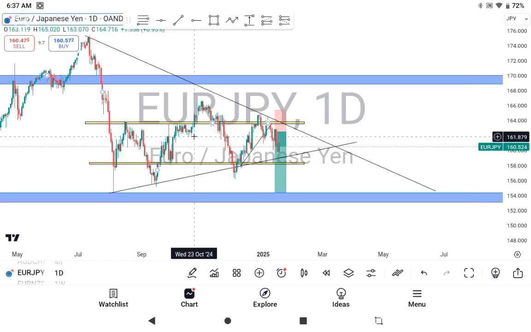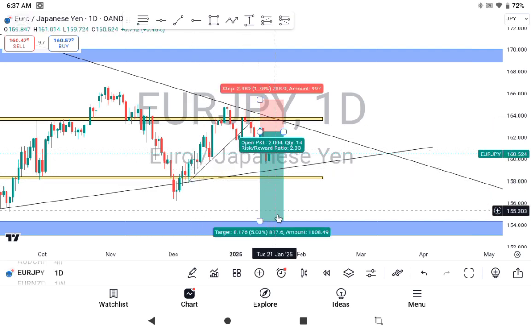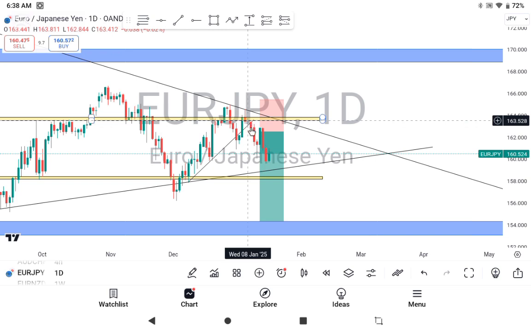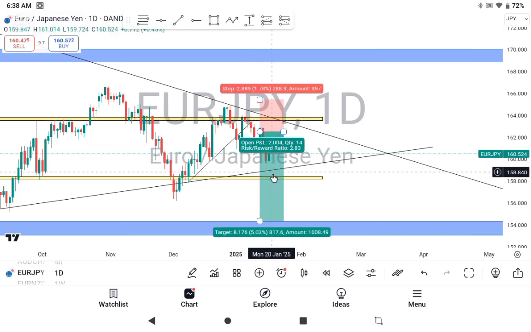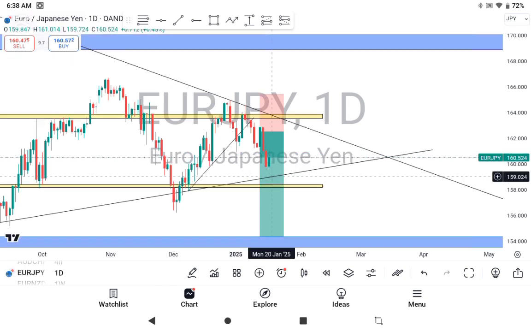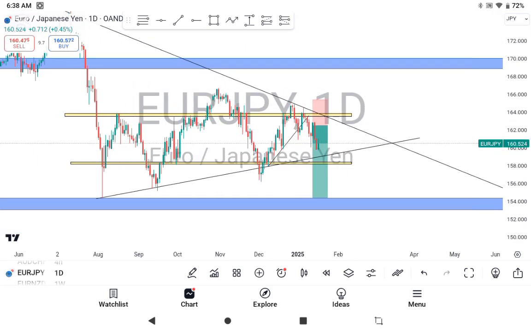Now on the daily time frame, the immediate trend that we can jump on is this right here. We have the first touch, second touch, and upon the third touch, price broke out and is pointing to this next minor level of support right here. So let me adjust the screen properly. It's pointing to this minor level of support right here. If this minor level of support is taken out,